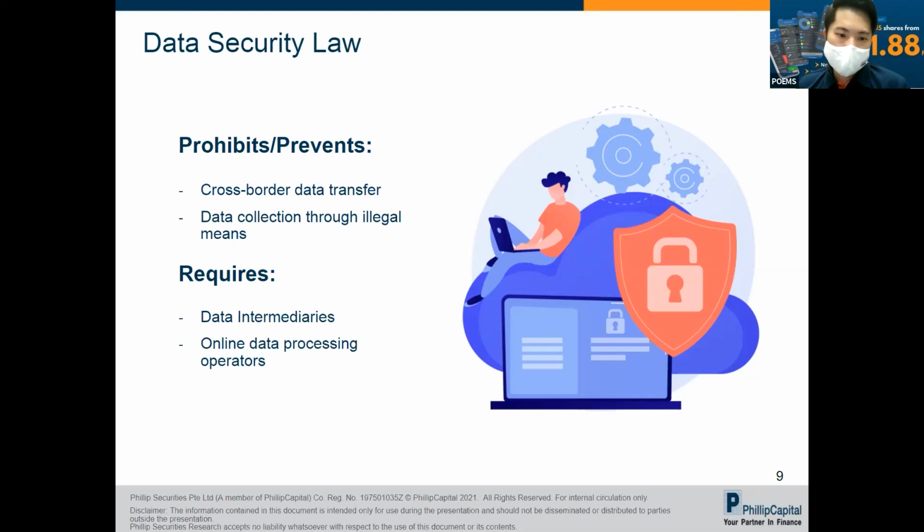Next, the data security law also requires companies to have data intermediaries, as well as online data processing operators. So this means that there must be a platform that allows collection of personal information and requires the consent of the other party to ensure that the data can be collected, and there must be someone handling all this data. For the data security law, the first victim that got hit the hardest was actually